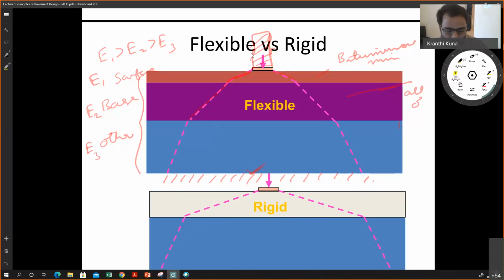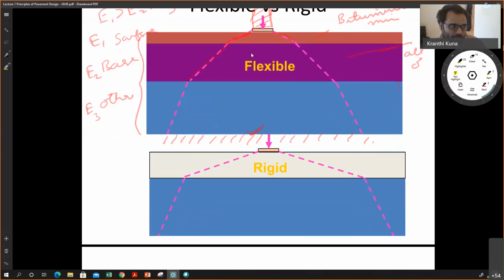Whereas in the rigid pavement, the primary difference is the distribution: most of the load is distributed by the concrete itself. The load distribution will be more, from here to here, although the thickness is less compared to this pavement. As you can see, most of the distribution is done by the concrete pavement. Whereas here, if you can see,